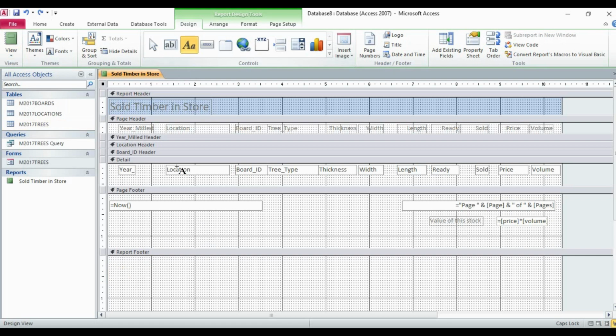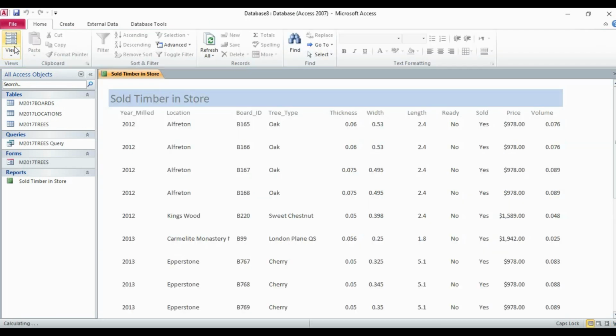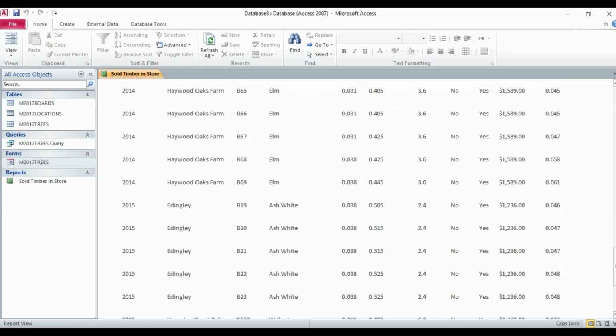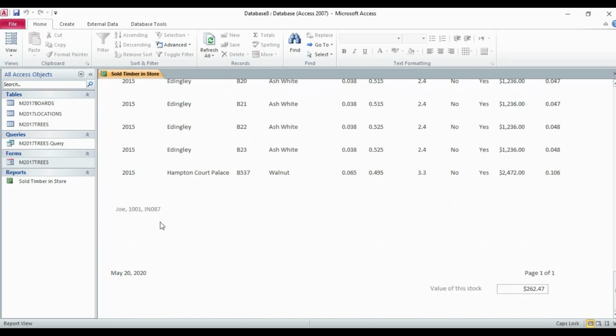Sorry, we were supposed to use a label, not the text box. So 1001 and IN087. You can make it smaller also. Little shift also. Let's see now. So here it shows 1001 IN087.